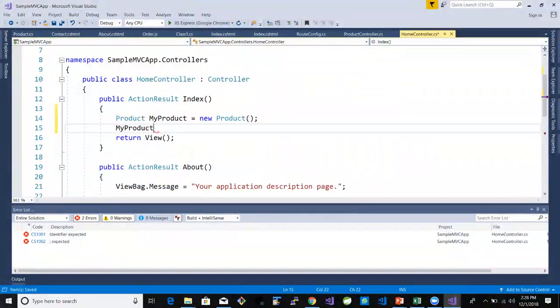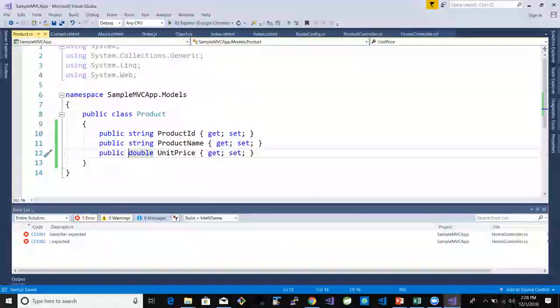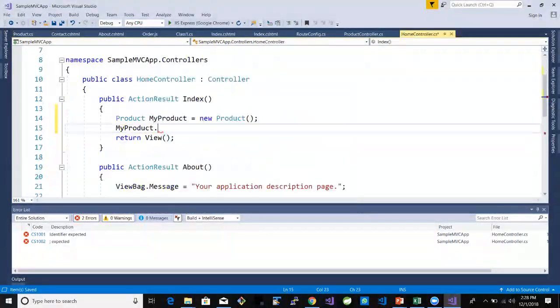Where did that private string product name go? Which you said, where did you set that? Private string product name. Oh, it was just string. I added public to it. Public product name, unit price. Now I'll say product ID equal to,